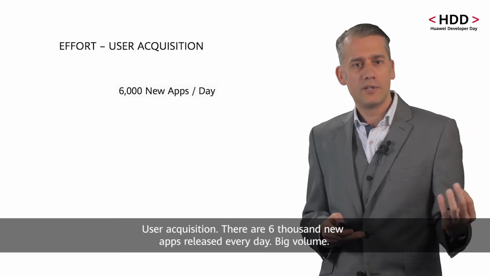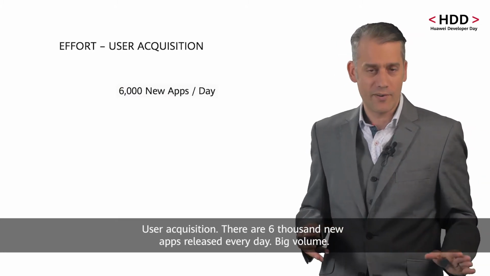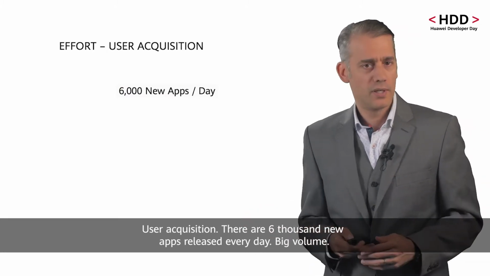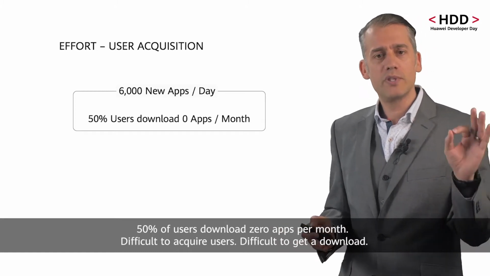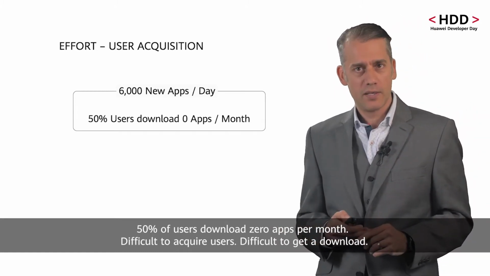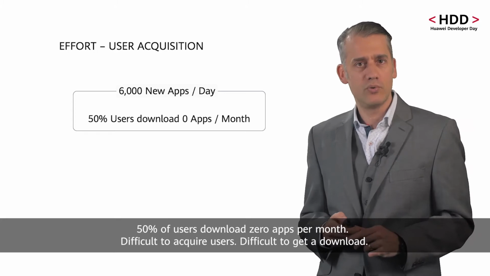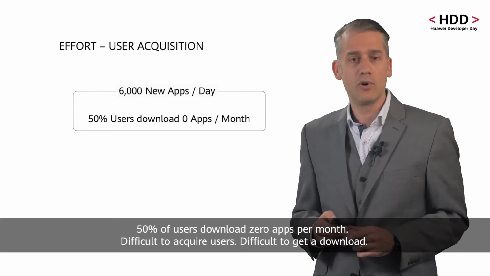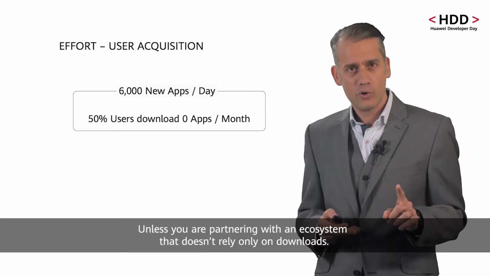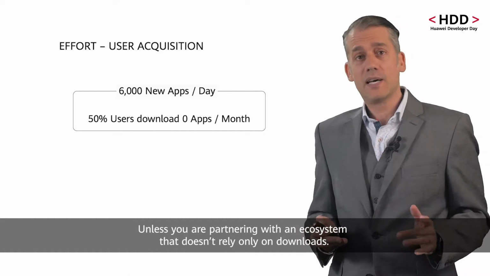User acquisition. There are 6,000 new apps released every day. Big volume. 50% of users download 0 apps per month. Difficult to acquire users. Difficult to get a download, unless you are partnering with an ecosystem that doesn't rely only on downloads,